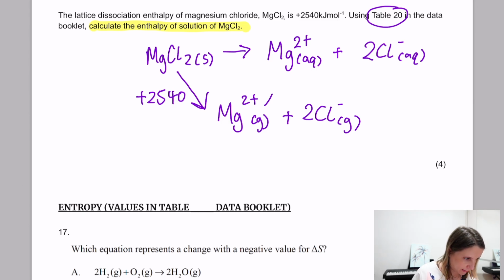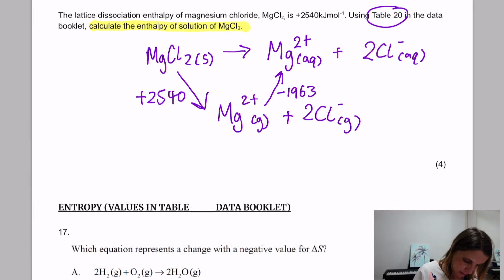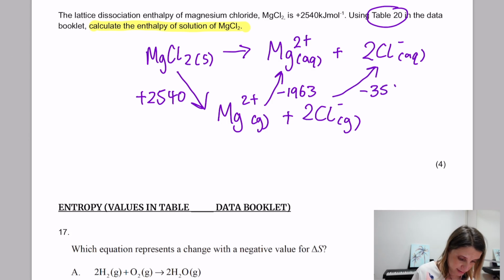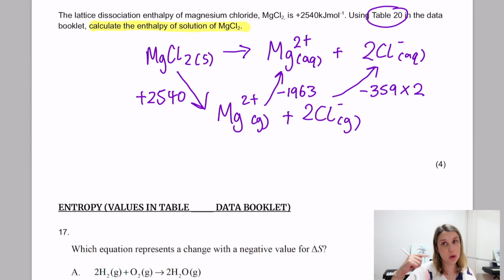So for the magnesium, you've got minus 1963, and then for the chlorides you've got minus 359 times 2, because I've got 2 chloride gaseous ions going to 2 chloride aqueous ions. So now my Hess cycle is complete, and that means that I can work out the enthalpy of solution for